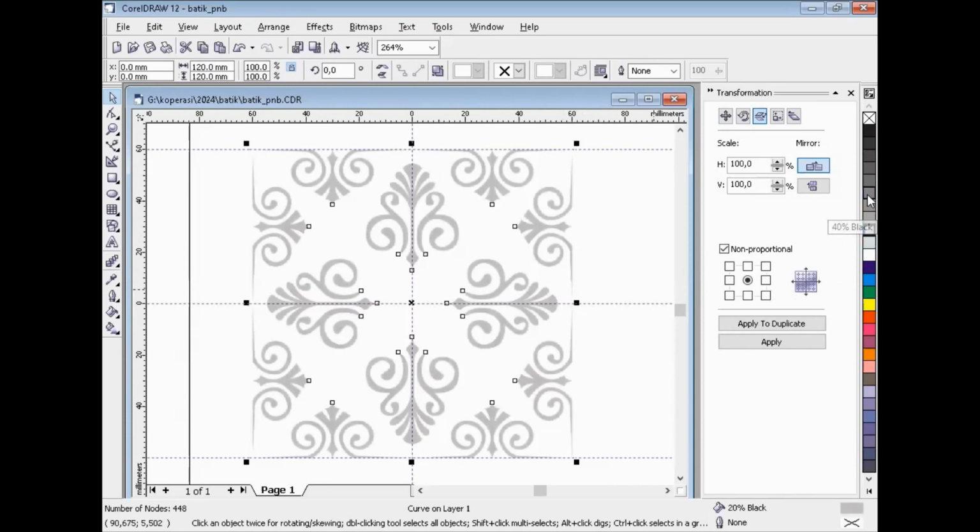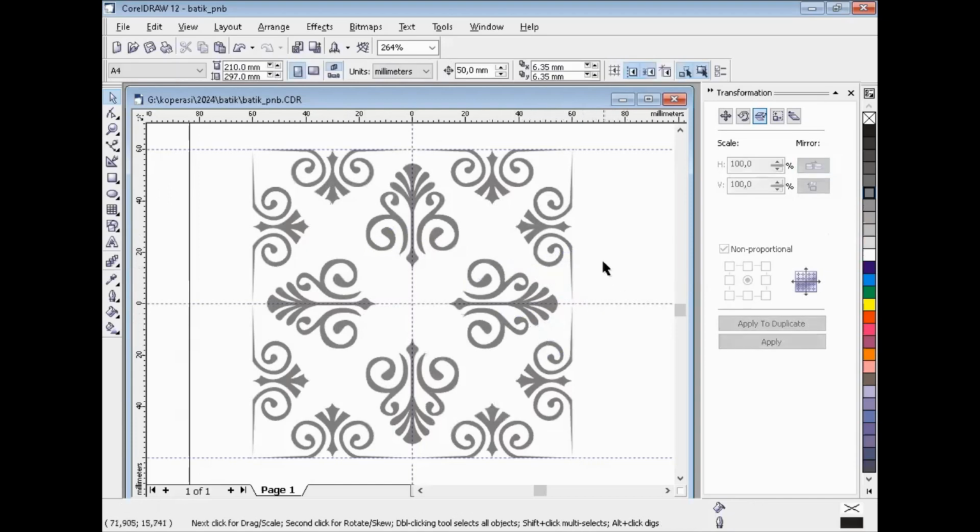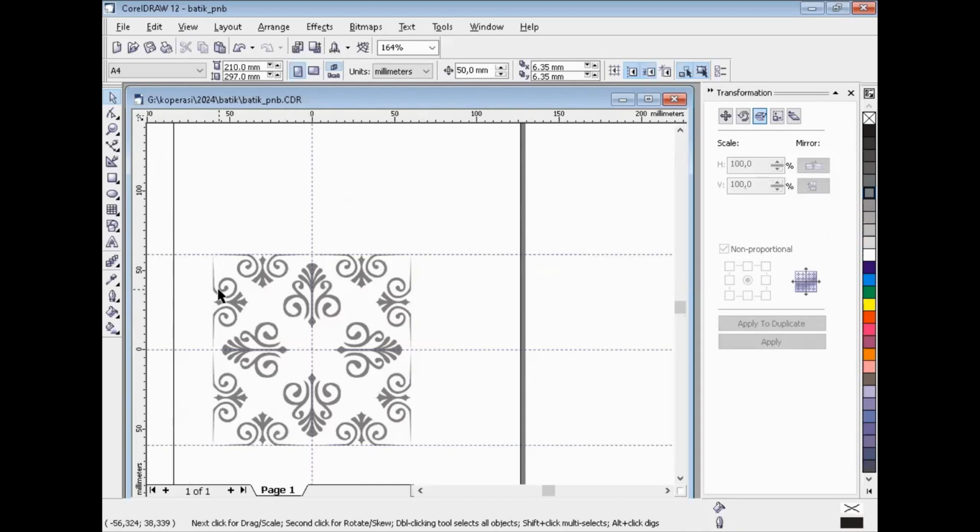If you want to create this motif, I will create this and give it to my friend to make in batik style. The plan is here I want to put their logo.